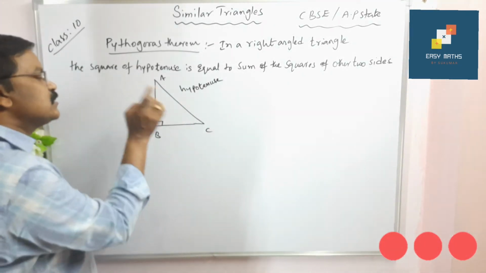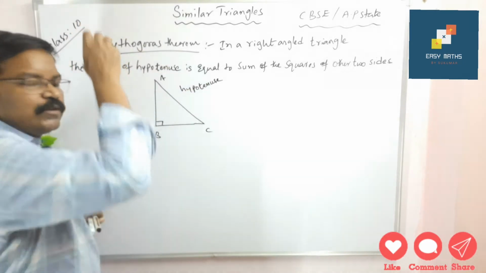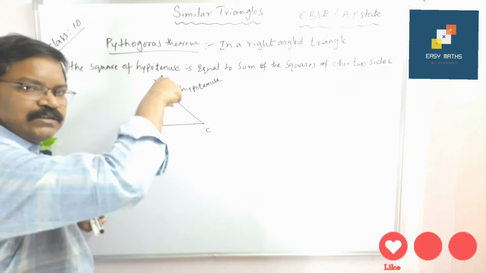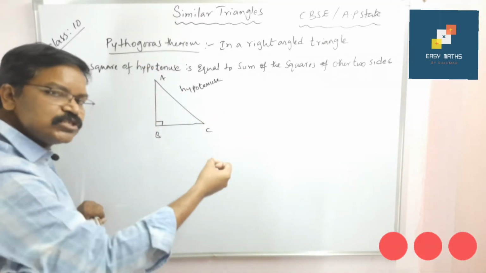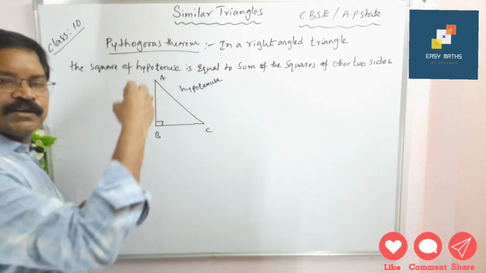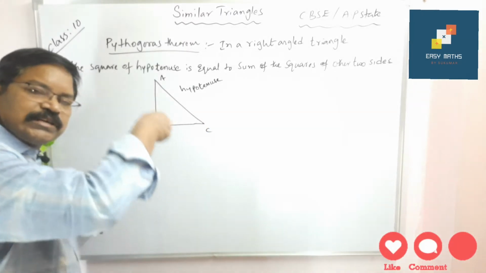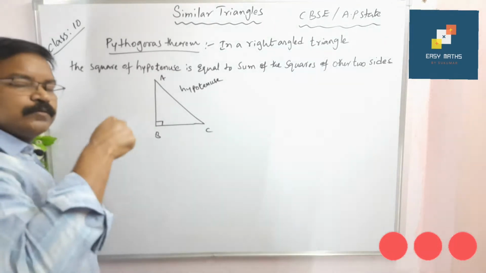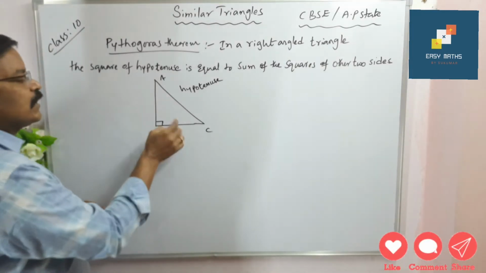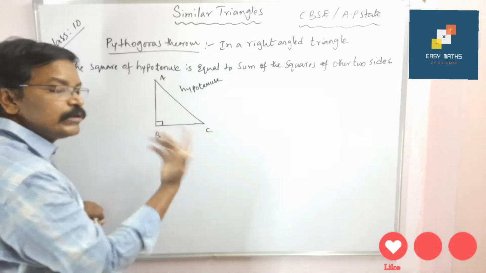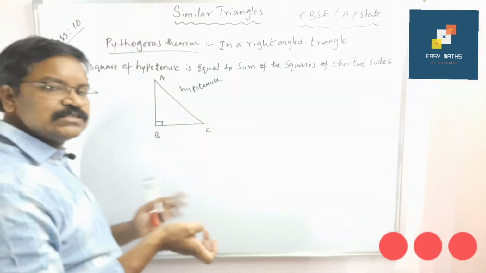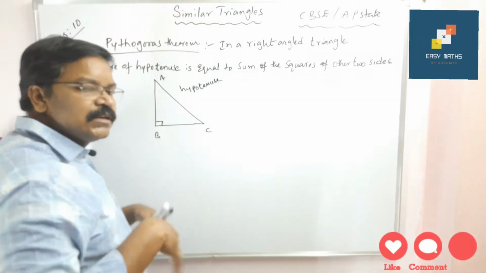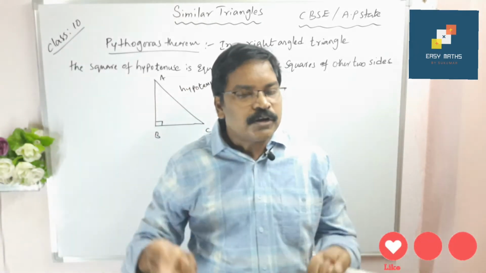That's why 3 centimeters, 4 centimeters, this is 5. 5 centimeters means the longest side. The longest side is opposite to the greater angle. We have learned this in inequalities in triangles in the previous class, I think. Right, here these two angles are acute angles. Acute angles means which are less than 90 degrees. Each angle is less than 90, but one angle is equal to a right angle, that is 90 degrees.